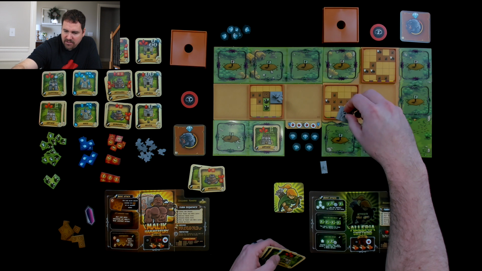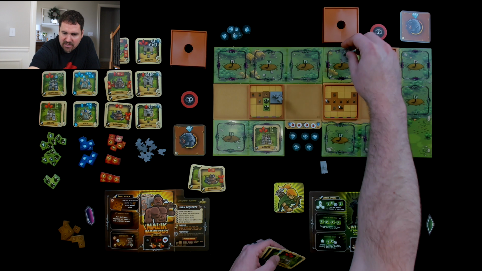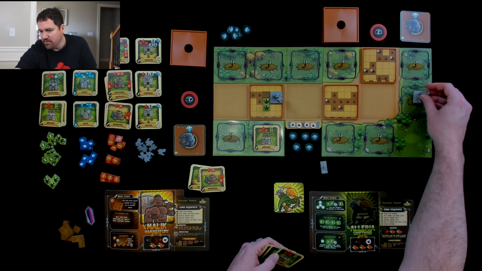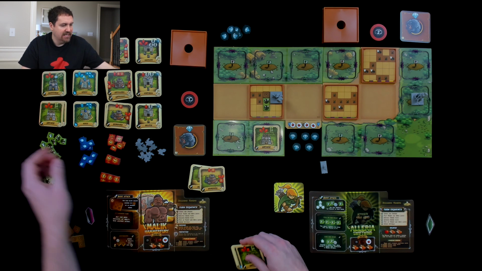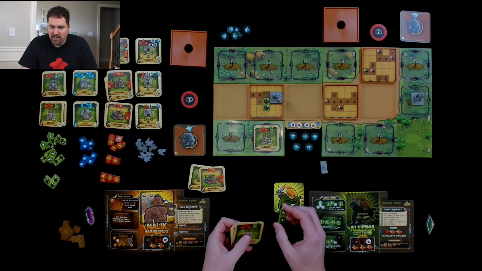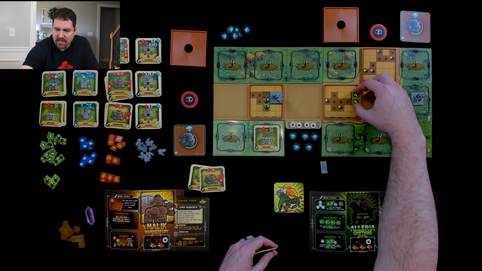I think what I'll do is I'm going to move up here. Nope. Let's say I've got 3 movement, right? 1, 2, 3. I'm going to go over here, and because she can attack with a level 2 in any direction, what she's going to do is send this one, let's see. She's going to send this one right here